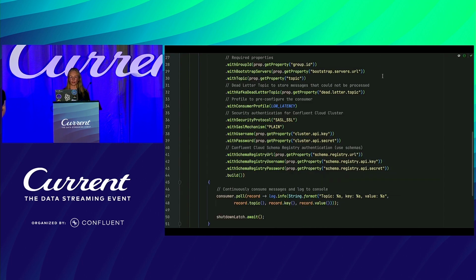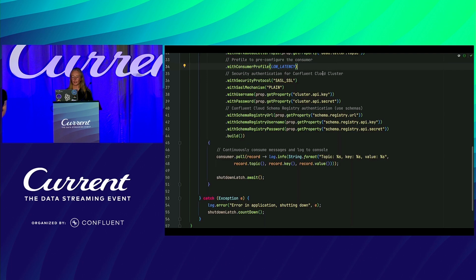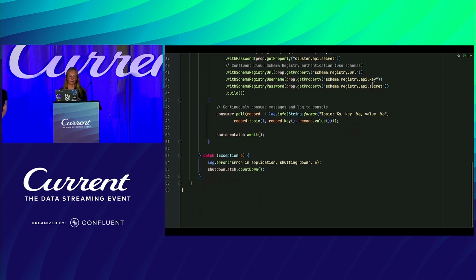Then we have our low latency profile. We have some configuration that we need to be able to connect to Confluent Cloud. If you're not connecting to Confluent Cloud, you won't need this configuration. So your consumer will be a lot less. Then we have our schema registry, URL, username, and password. We call poll, and again, we just log whenever we're consuming the message from our Kafka topic. And finally, we just await for the shutdown latch just to close everything up once the consumer is finished consuming. So if we run this,